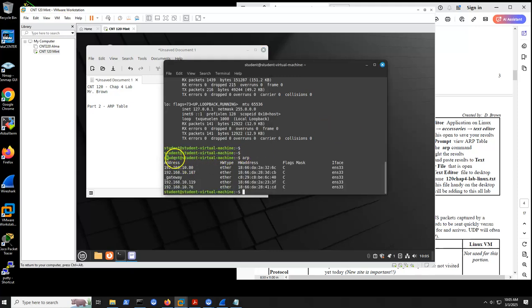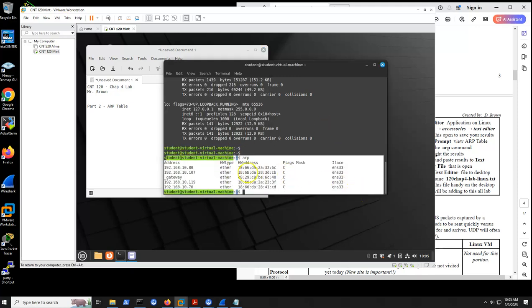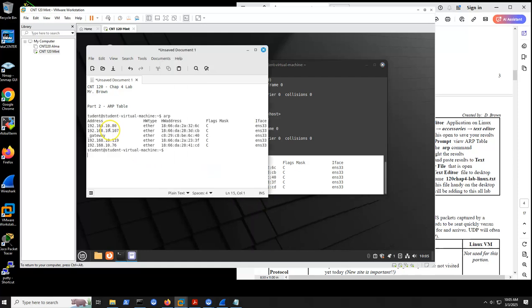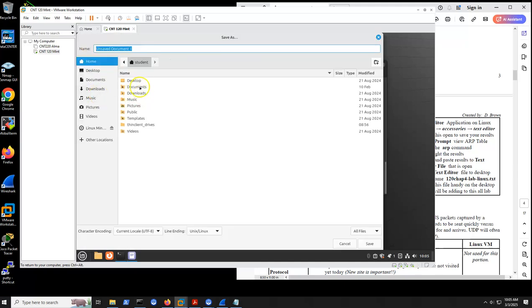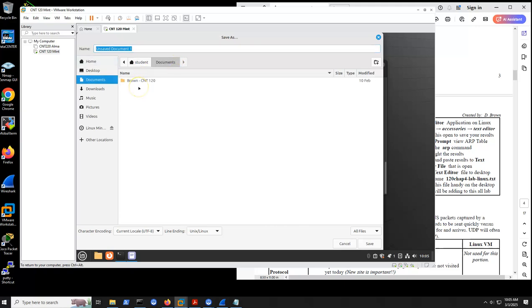So I will come over here, I will highlight this ARP table. I can do a copy on this one, right-click copy. I can come over here and paste and just make sure I'm getting my ARP table. Yep, that looks right. I will do save as, and what I might want to do is go to my documents here, student documents. Here's my Brown 120 that I created for, I think it was Chap4Lab. There we go, yep. And I will come up here and I will call this CNT120